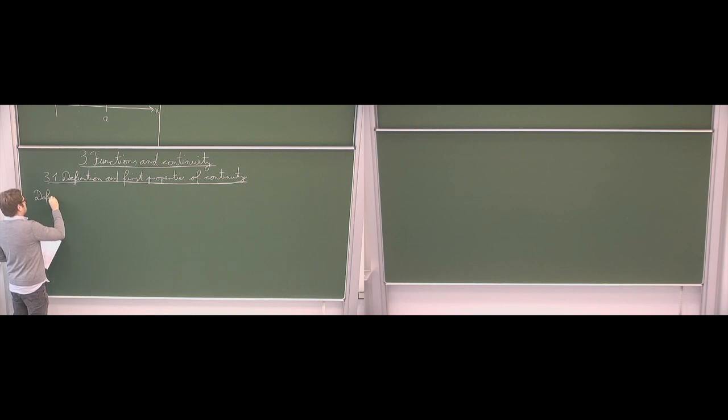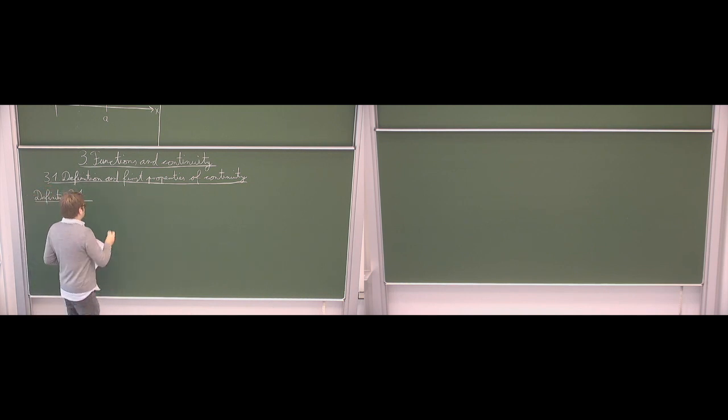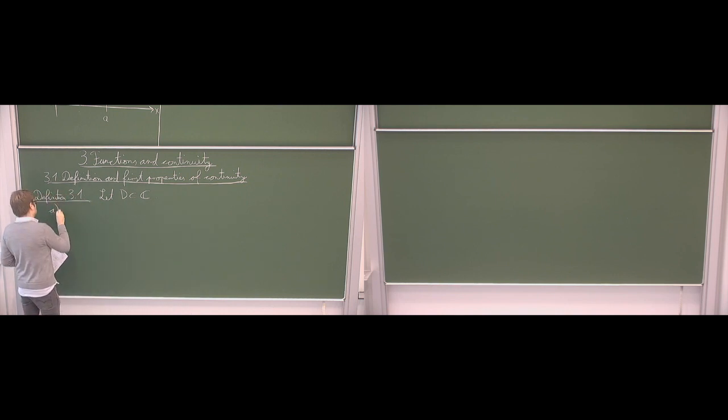First of all, let me say something about functions, because so far I've talked in general about maps, which are maps between any possible sets, and some authors use the word maps and functions synonymously. I personally don't like that. I'm a bit stricter with that, but I will just tell you what I will call a function here. Namely, we take some subset D of C, which might of course also just be a subset of R, because R is in C. First of all, a real function on D